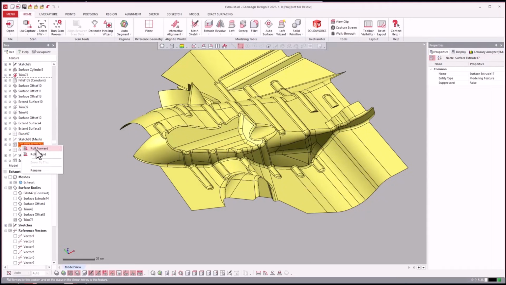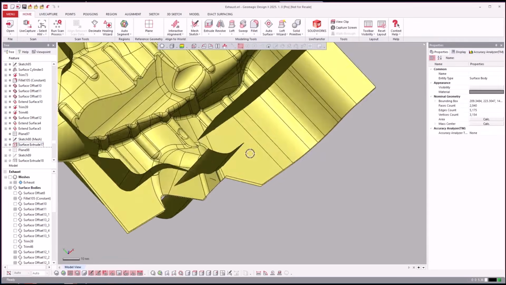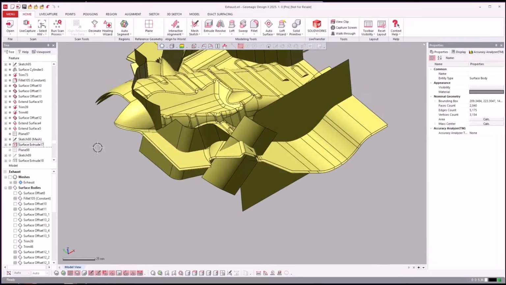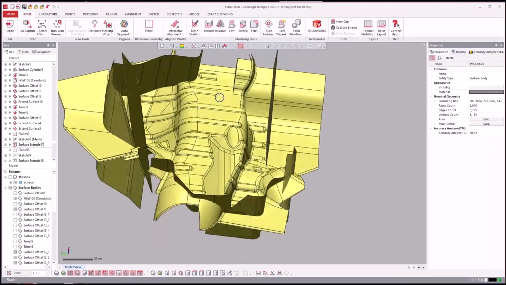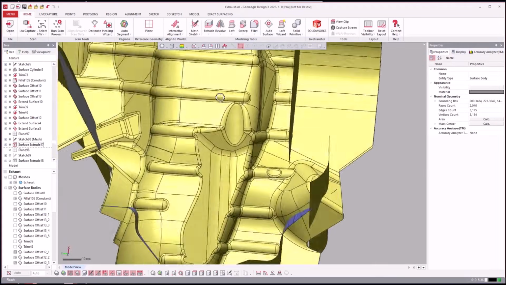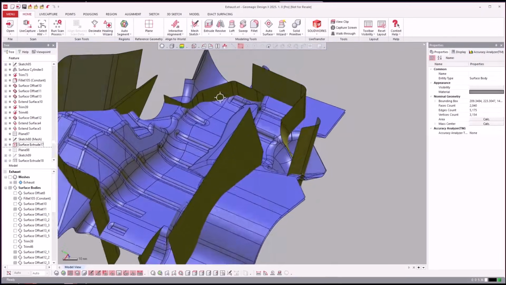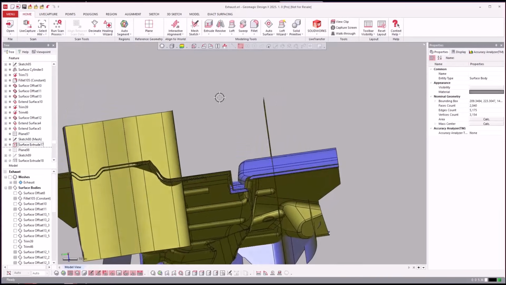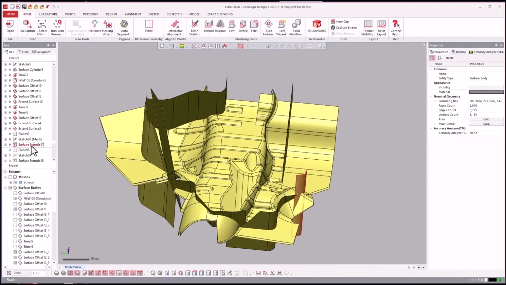Just jump forward here. Now we are going to prep, as you can see, for the master cut all the way around the outside. And because this surface is so complicated, there's almost zero chance you could just thicken it, right? They went ahead and did an offset that worked. So they did an offset, and then they're going to trim all the way around the outside, probably, and do